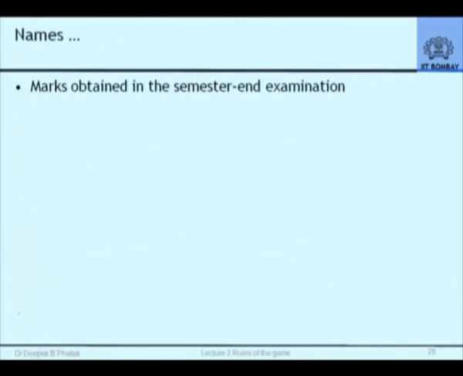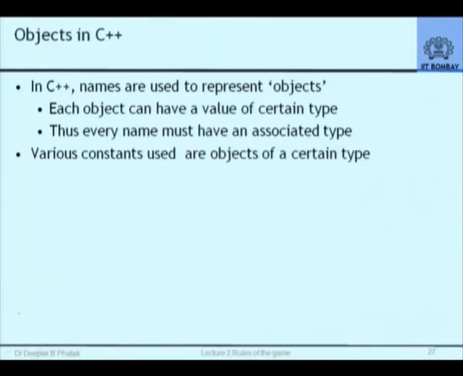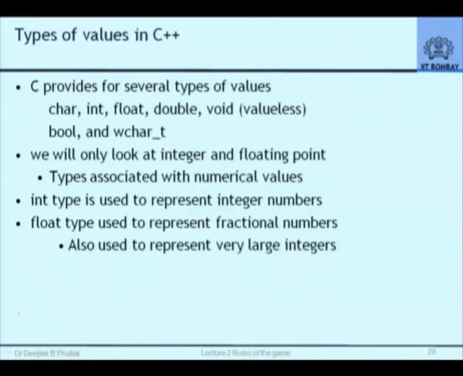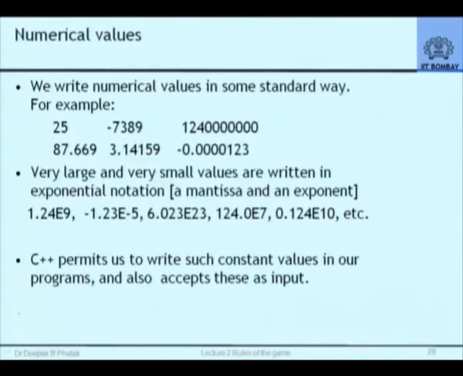How do you decide names? Various objects in C++, types of values. Notice char, int, float, double, void, bool, wchar underscore t. All is confusing. I have listed them here. We will not be discussing these in details even next week, but we will be discussing some of the details